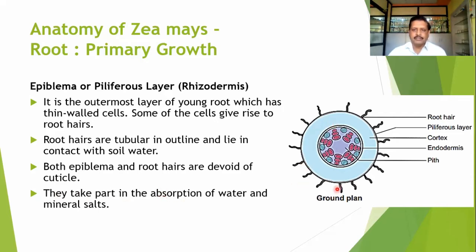Here you can observe the general ground plan of that particular root, where the outermost layer is known as the piliferous layer, with the presence of root hairs. Then the central blue zone is known as the cortex zone, normally made up of parenchymatous cells. Then a single-layered endodermis followed by the pericycle. These are the vascular bundles alternating with the phloem patches. Parenchymatous cells are there, and the central pith, which is mostly parenchymatous. So this is the basic anatomical structure of the root of Zea mays.